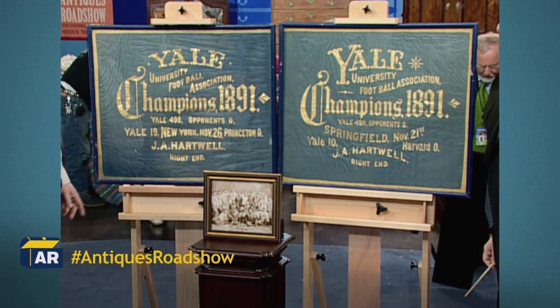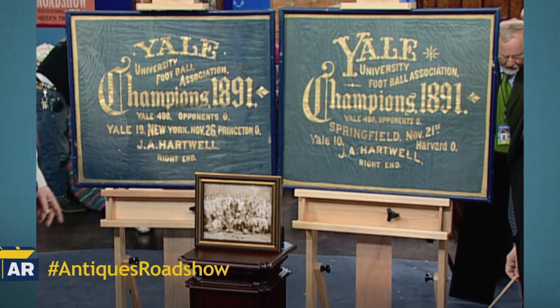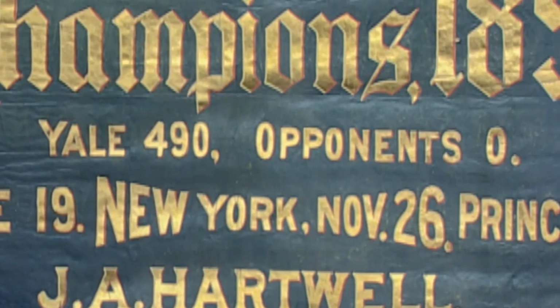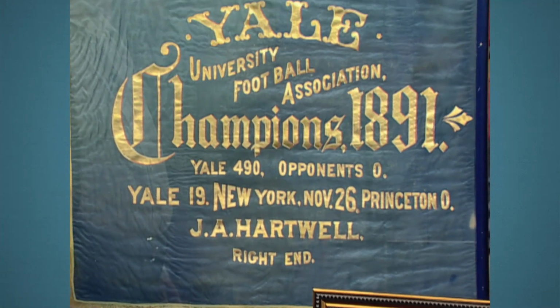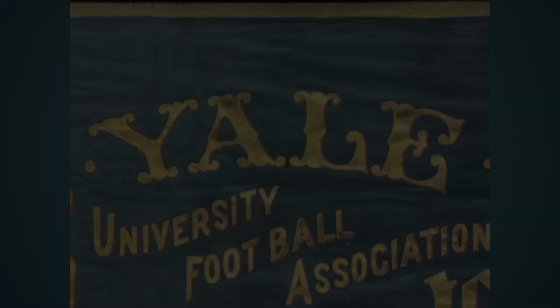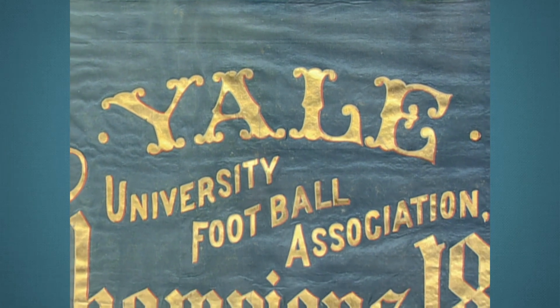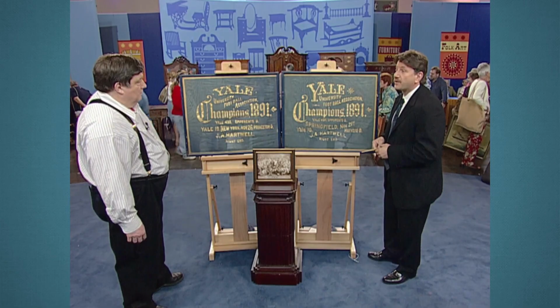Expertly framed and impeccably preserved, these banners remain in remarkable condition, ensuring their historical integrity. With a direct connection to a formative period in American football and Yale's storied athletic legacy, these banners are regarded as highly significant historical artifacts. They serve as tangible links to the rich history of American collegiate athletics and remain a coveted piece of sports memorabilia, and they both would be worth...